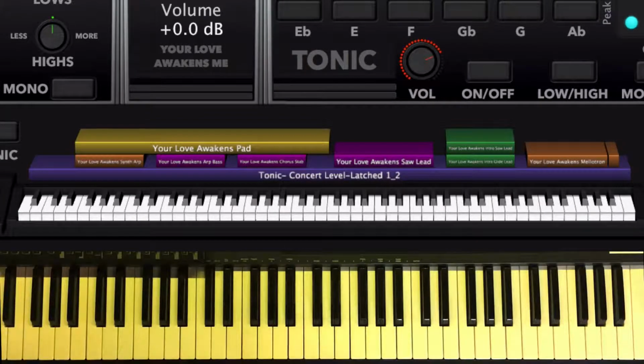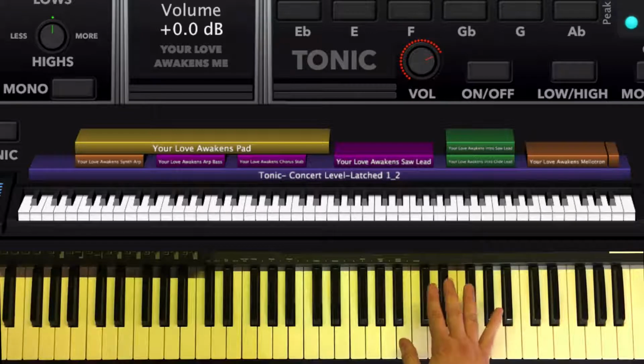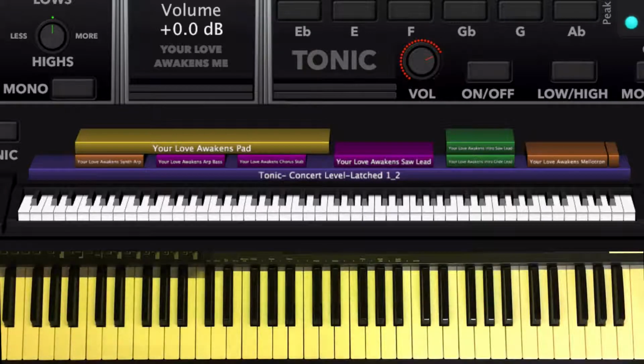So you want to start with your mod wheel all the way down. And right here, about 2 octaves above middle C, you have that little intro hook. And as you play this hook, you want to move the mod wheel up over the course of 2 cycles. And as you move the mod wheel up, the sound shifts and it opens up to be ready for the